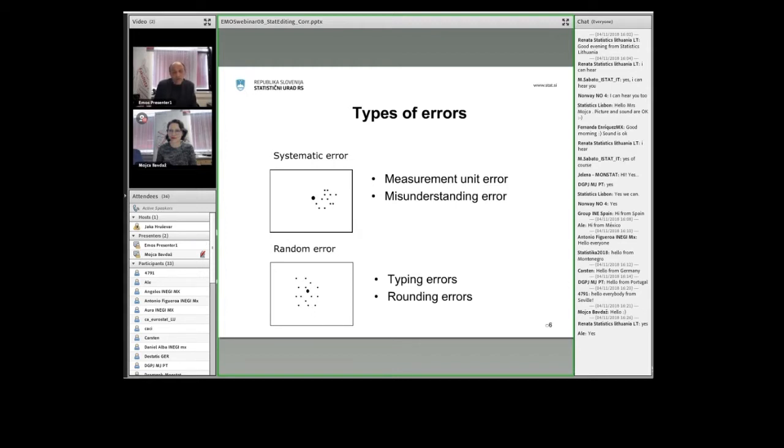Someone would say that this is not so problematic, but I would still say that random errors are also problematic, and they are problematic because they are much more difficult to discover. Systematic errors, especially like measurement errors, are usually not so difficult to detect because they stand out. But random errors many times stay in the data and they increase the variance of your results, and you don't know that. Okay.